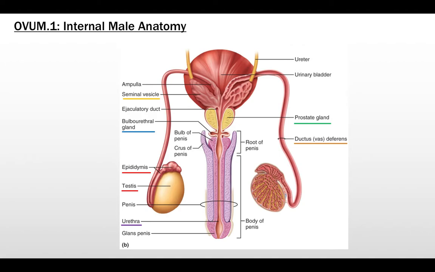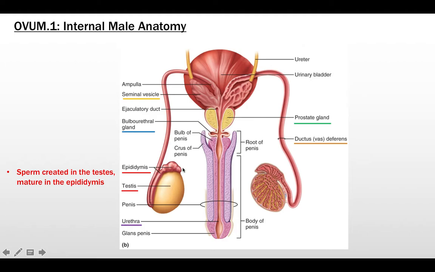Unlike the female reproductive anatomy, the sex cells and the urine are going to both come out of the urethra. So I've underlined the structures that tie into specifically the reproductive system that I'm going to cover. First, in our testes, we create the sperm, and we're going to follow a path of sperm through these internal structures. So they're created here via the process of spermatogenesis, and then they mature in this bumpy ridge that